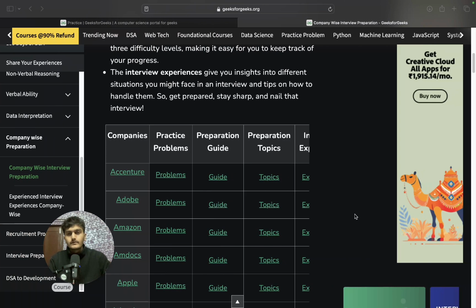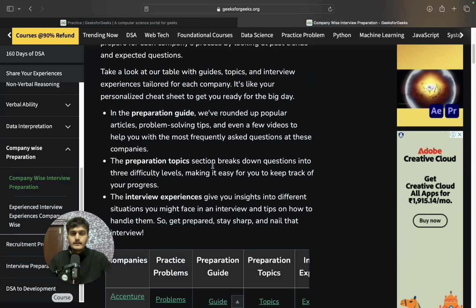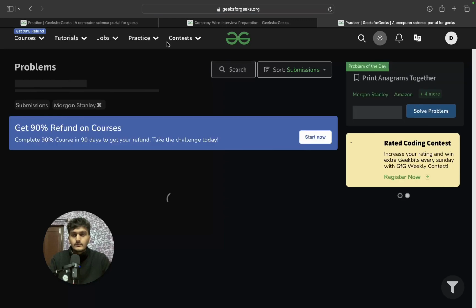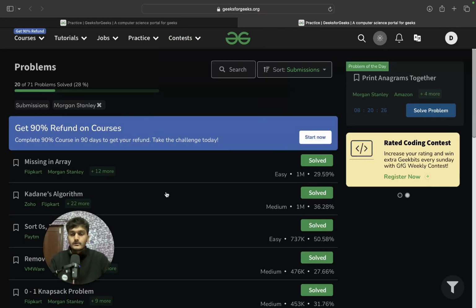So let me just show you what sheet I am talking about. When we go to the company-wise interview preparation in Geeks for Geeks, we can find Morgan Stanley here. So here are around 71 problems that we are going to solve, and one thing to note is that the